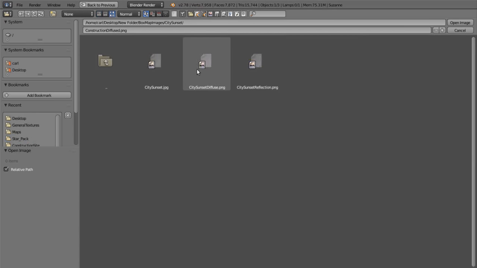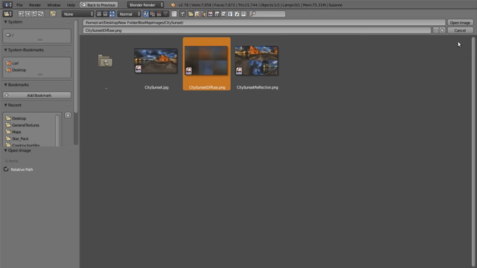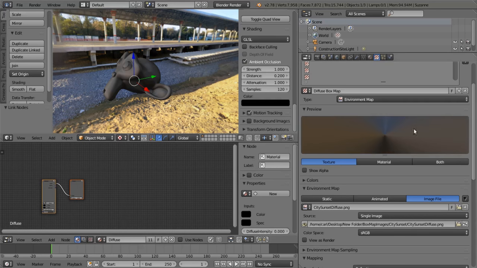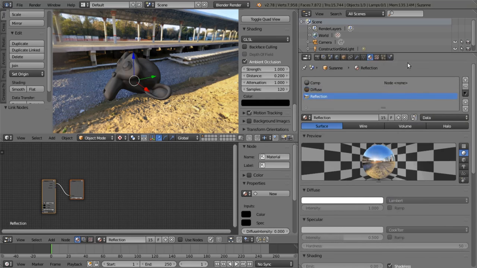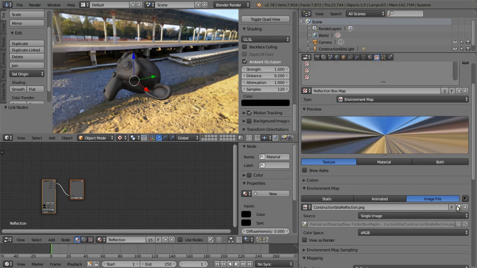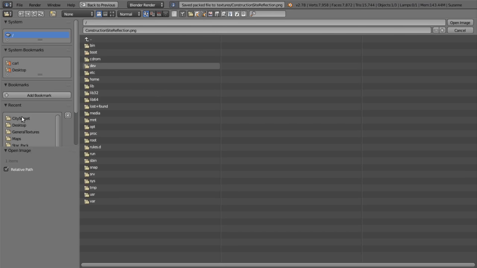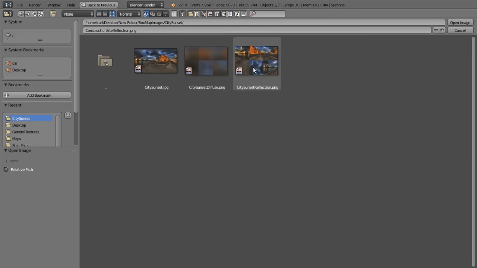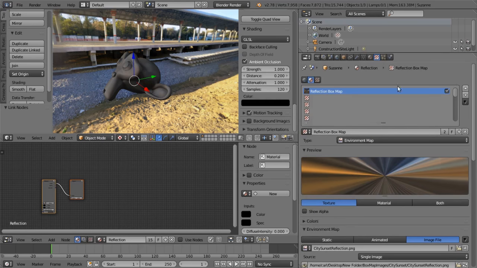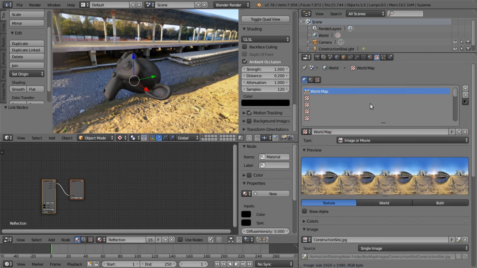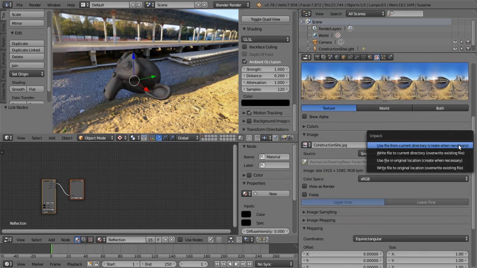So let's say city sunset, select that diffuse, and we'll go to the reflection map. We're not really using it, but we'll do it anyway. And we'll go to city sunset, reflection, open that up, and we'll go to our world tab, texture, create that,